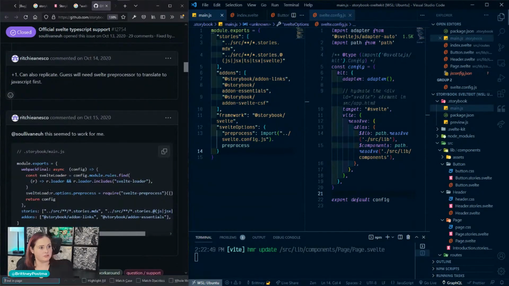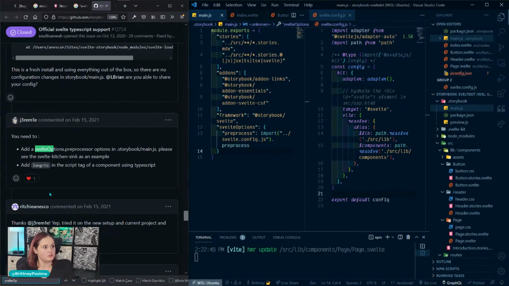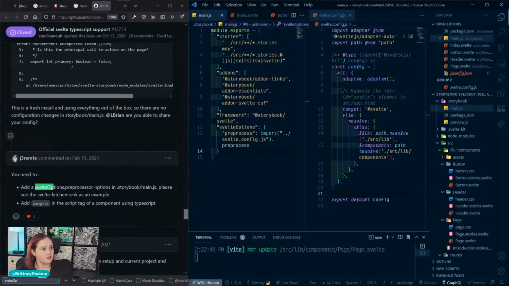Where is Svelte options? Okay. Add a svelteOptions.preprocess in the main.js file. That's where we're at, but